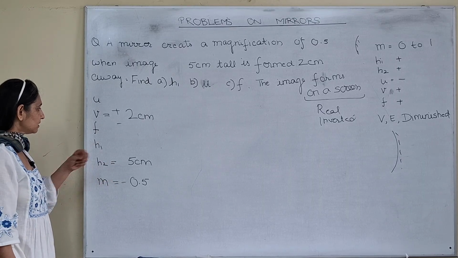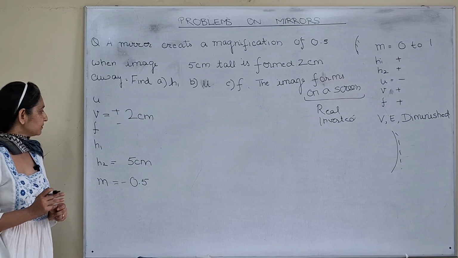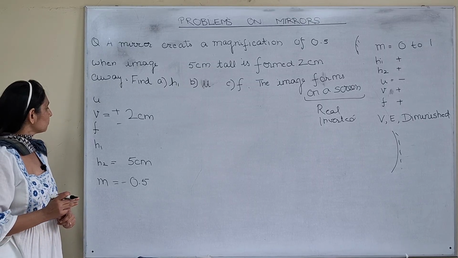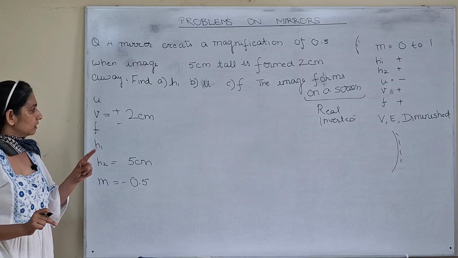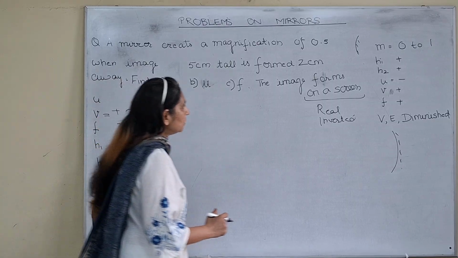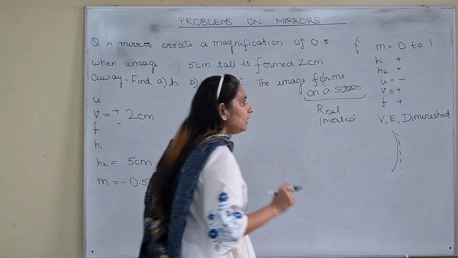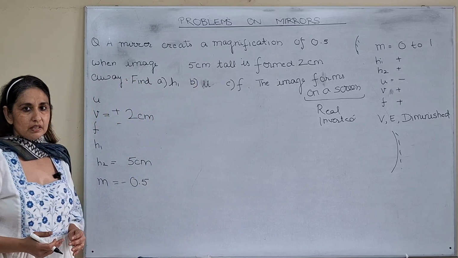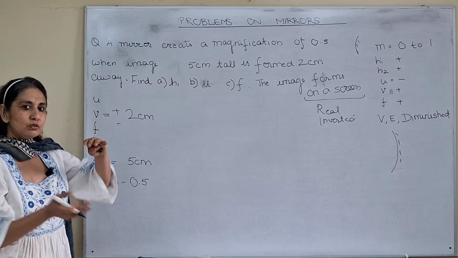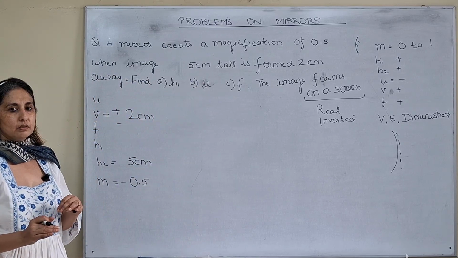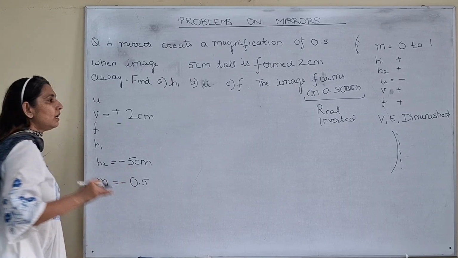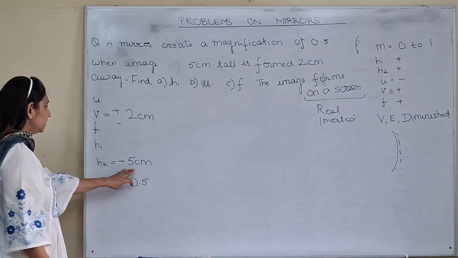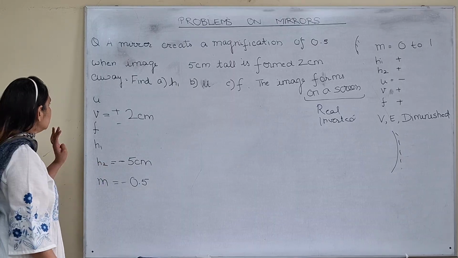Now look at this. अब इन सबके साइंस रखें ना. Image is 5 centimeter tall. Inverted होनी चाहिए ना. It's real and inverted. See, इन्वर्टेड की H2 कितना होता है? जब भी कोई ऑब्जेक्ट ऐसे हो जाता है उसका पॉजिटिव साइन होता है या नेगेटिव साइन होता है? इन्वर्टेड इज ऑलवेज नेगेटिव. So inverted का हाइट इज ऑलवेज नेगेटिव, so we write -5. Okay,